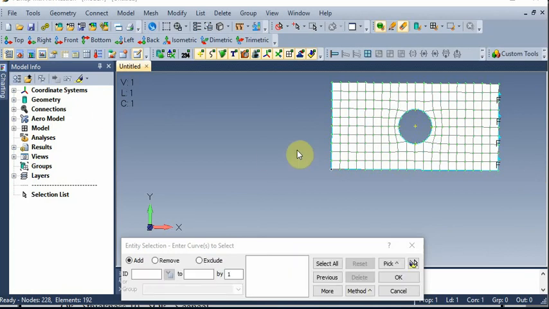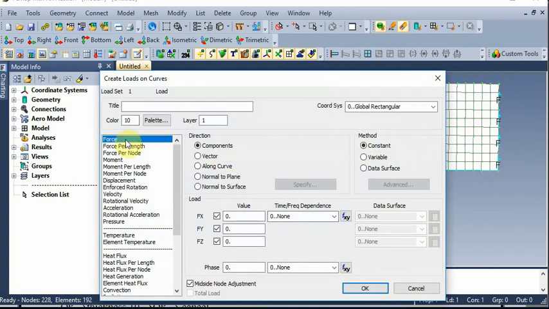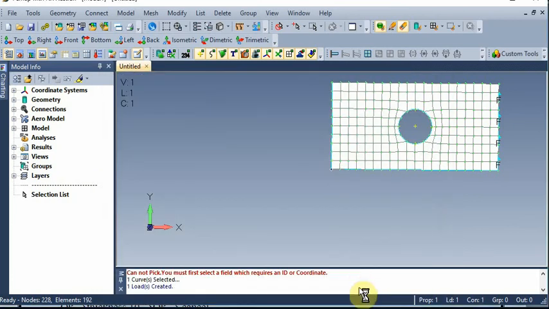So we select this edge. It is force, then FX, it is in the X direction only. So the FX force is 1000 times 15, which is 15,000. We have only X direction force, there is no Y direction force and Z direction force, so we can untick them. Now give OK and cancel.